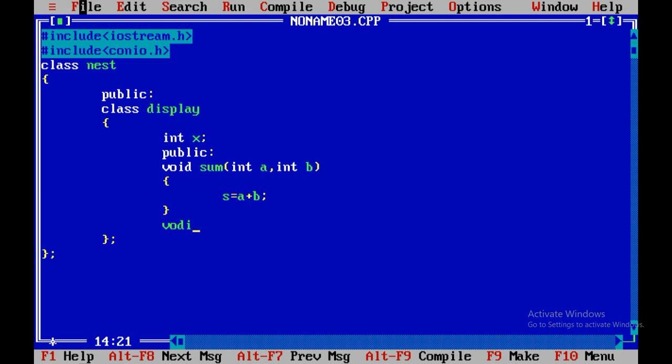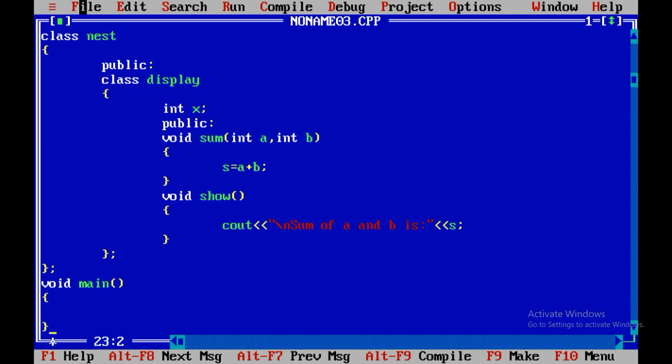Void show, cout, backslash n, "sum of a and b is", s. Now void main, clrscr and getch.